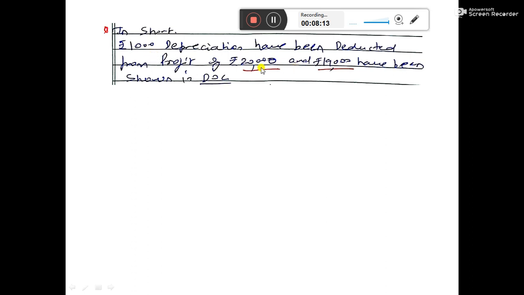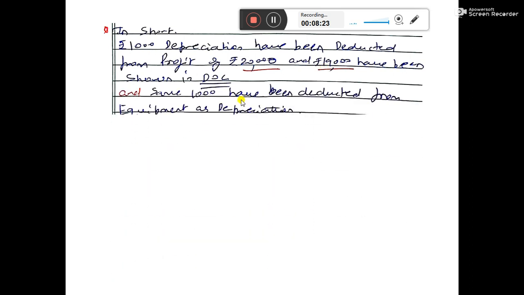So from this 20,000, 1,000 depreciation needs to be charged because depreciation is charged less. So the new profit will be 19,000,